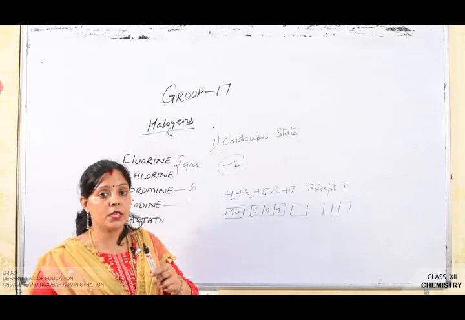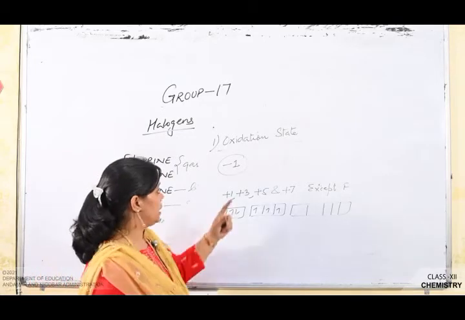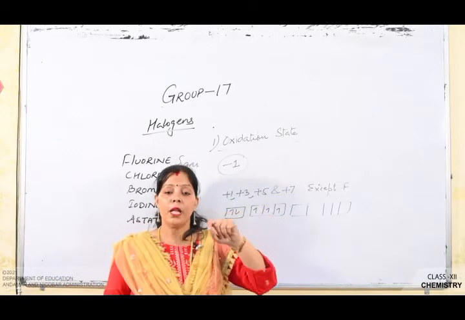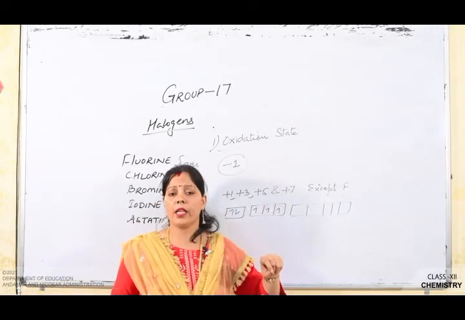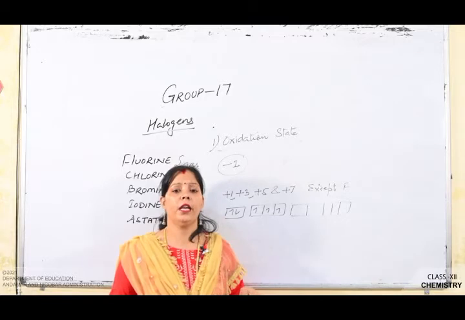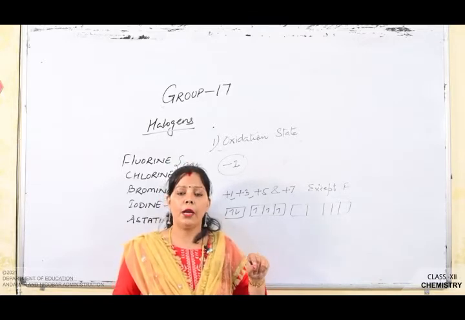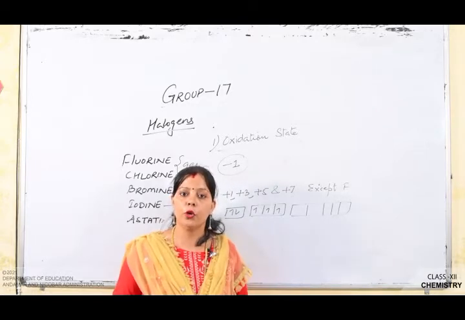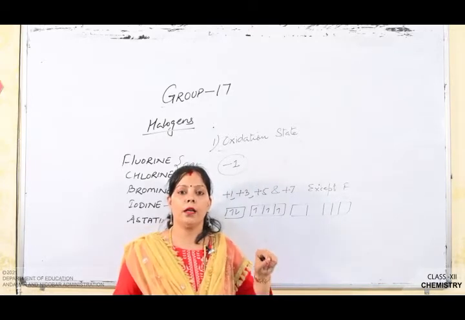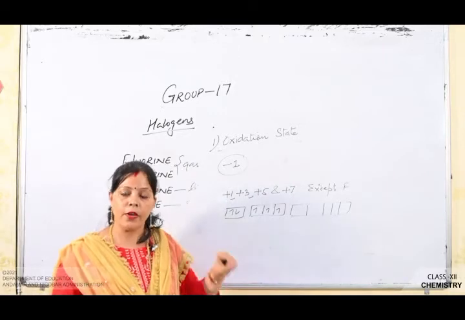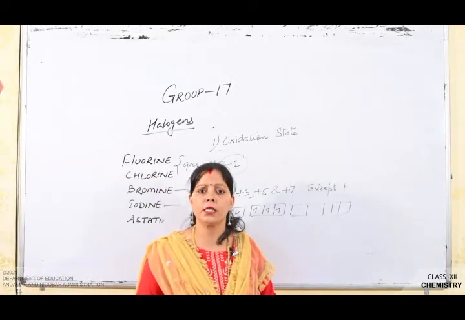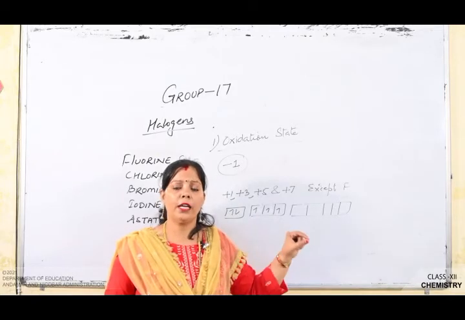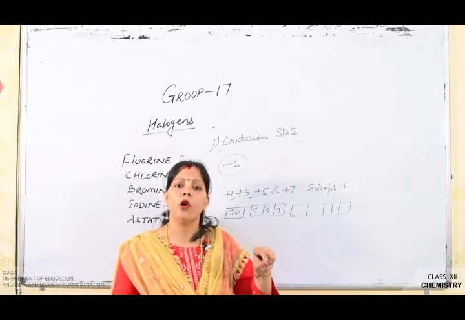In this, the first is the oxidizing power, that is, the group 17 elements exhibit oxidizing power. That's because there is a trend in chemical reactivity in the group 17 elements: all the halogens are highly reactive, and their reactivity decreases down the group due to the increase in atomic size. This is very important. Why does the reactivity decrease down the group? Because when the size increases down the group, the more reactive element is the one having the smaller size.